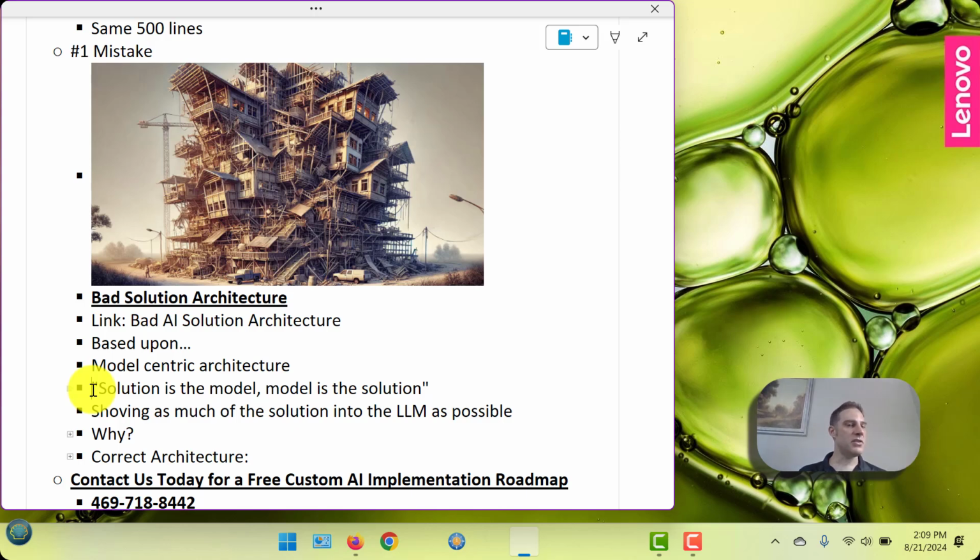This is such a huge mistake, and it took me a long time to realize that people were making it, because to me, it's been painfully obvious since the middle of 2023, and I thought more people saw it. It took me a long time to even figure out why. I'll tell you why in a second, and then I'll give the correct architecture. But really what this involves is shoving as much of the solution into the LLM as possible. And this is suboptimal. The LLMs just don't work that well in that way.